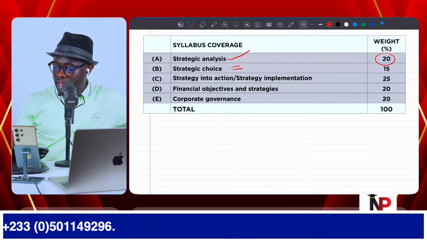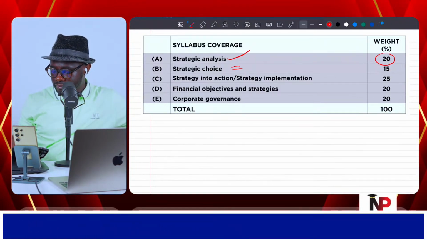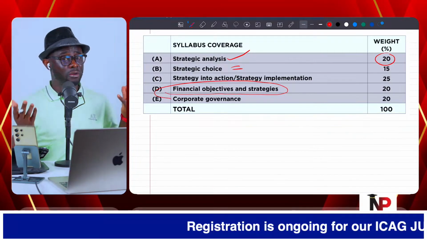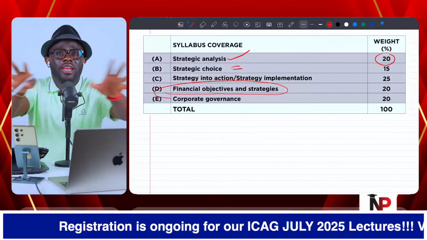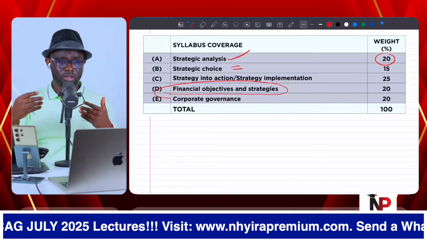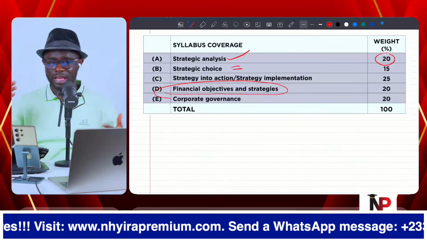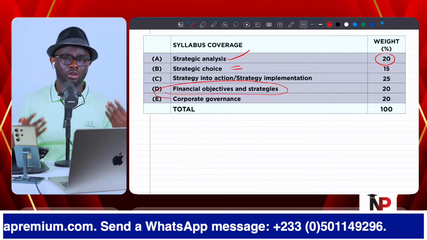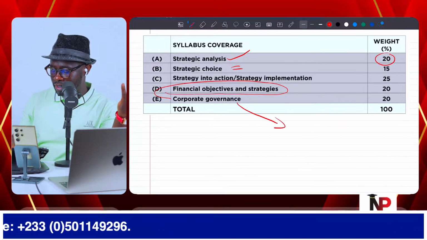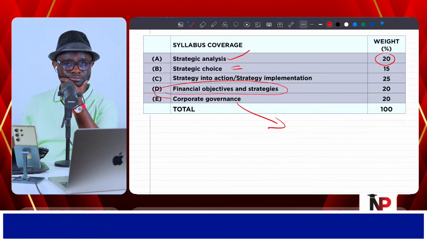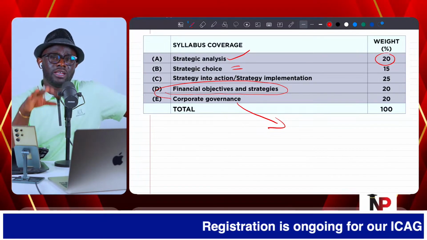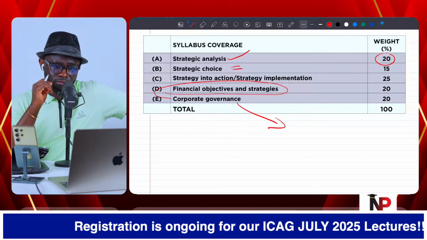Then it comes to financial objectives. This area is financial management, financial reporting, or corporate reporting together. So you see some financial management issues there, some corporate reporting issues there. Analyzing performance and position of the entity and all of those things, ratio analysis and all of those things there. Then certainly the last aspect, corporate governance. And so this is the breakdown and how the examiner is going to be dealing with us in the exam or when it comes to strategic case study.